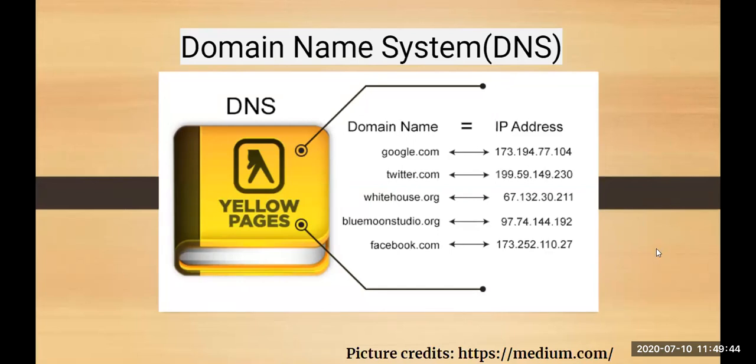So there are a few domain names here with their IP addresses. For example, google.com is your domain name. It is a commercial website. How do you know it is a commercial website? Because .com is the postfix associated with it. It has an IP address that is 173.194.77.104. Similarly, we have twitter.com. When I talk about twitter.com, it is again a commercial website. .com signifies that it is a commercial website, and it has its corresponding IP address,